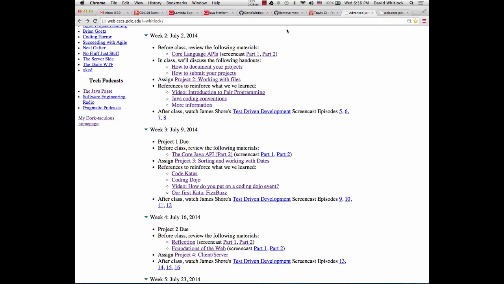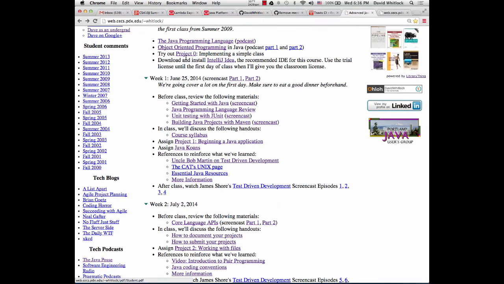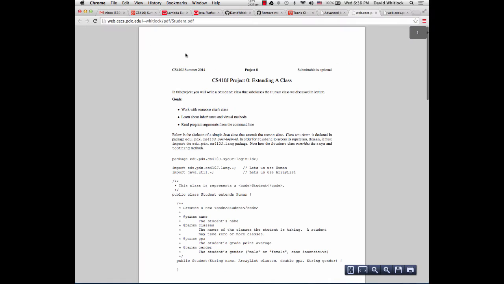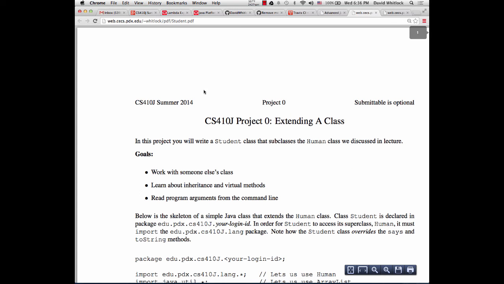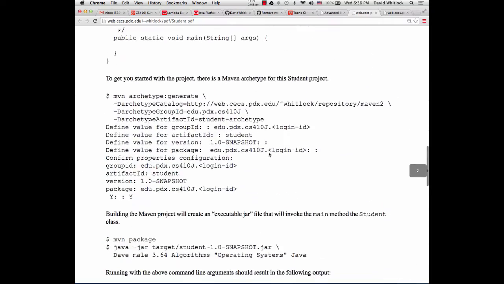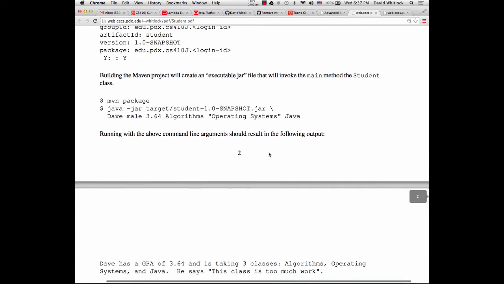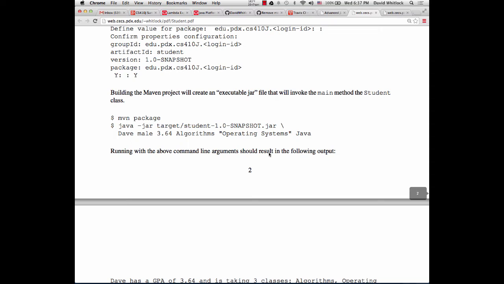Okay, so let's go back to that student project that we started last week. Remember this guy extending a class, and we had a simple student class, and we created the Maven archetype. We basically got those first two tests passing. What I'd like to do for the remainder of class tonight, I don't know how long it's going to take, is do some more coding with you guys to build this